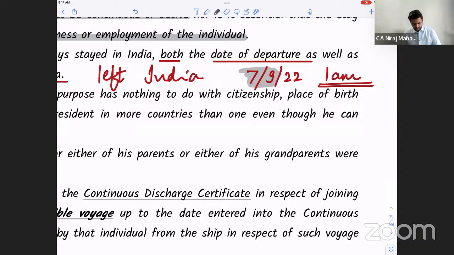My question to you is whether we will consider him in India for the entire day of 7th September from a tax point of view. Because from a tax point of view, we talk about the number of days. So for 7th September, is he in India or not in India? All of you? Yes, he is to be considered as in India, even on 7th September, even if he was there only for 1 hour. Clear till here?